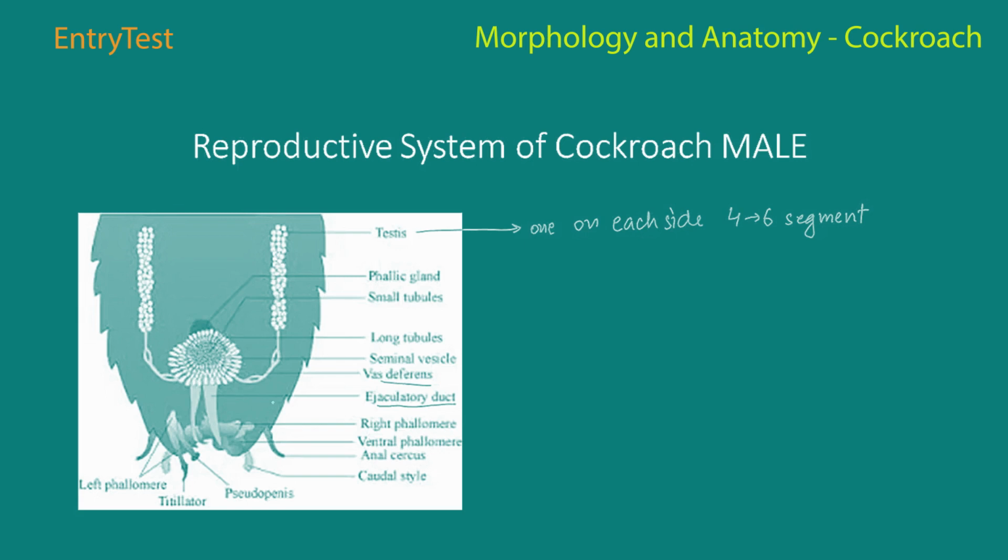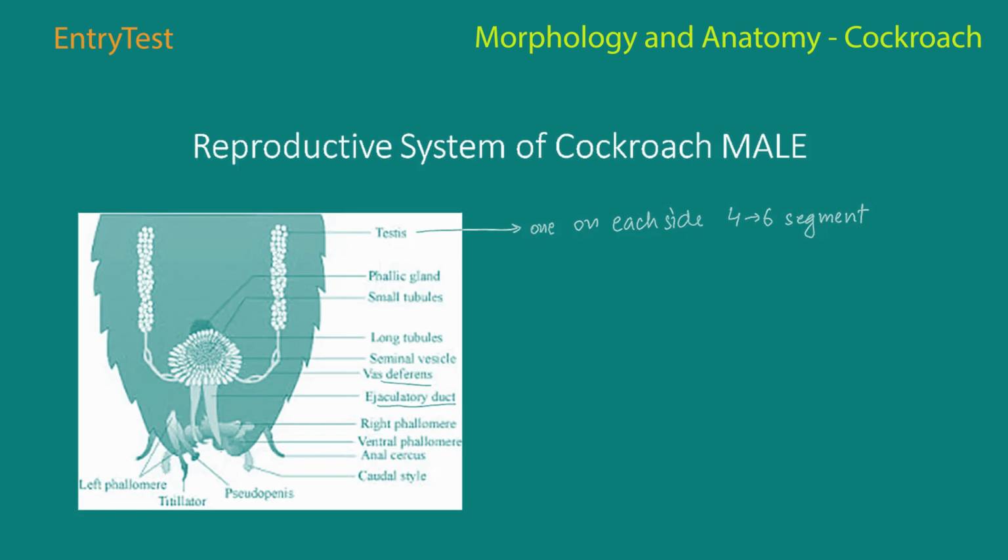Now this ejaculatory duct, it opens into the male gonopore, which is present over here, where this yellow colored structure ends. This is the male gonopore, that is ventral to the anus. Now a characteristic mushroom shaped gland you might be able to see, that is present in the 6th to the 7th abdominal segments. It actually functions as an accessory reproductive gland.